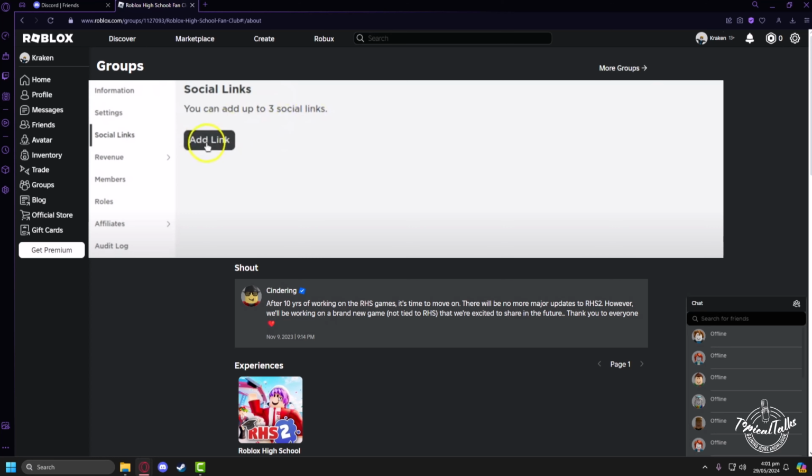After that, from the left hand side, you have to navigate to the social links section, and after navigating there, you have to click on add link. You can only add up to 3 social links for your Roblox group, so keep that in mind. After clicking on add link, a new window will open